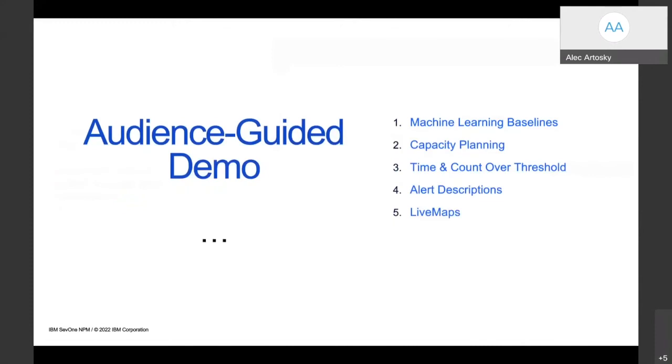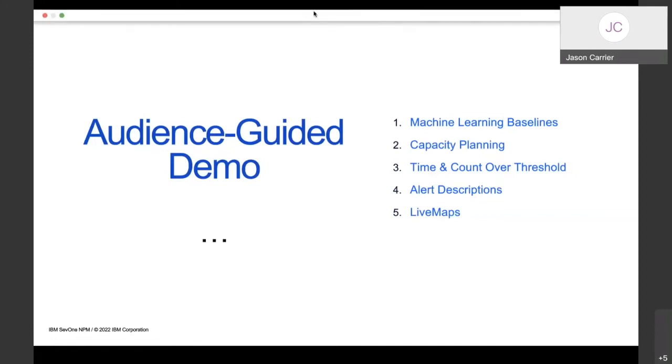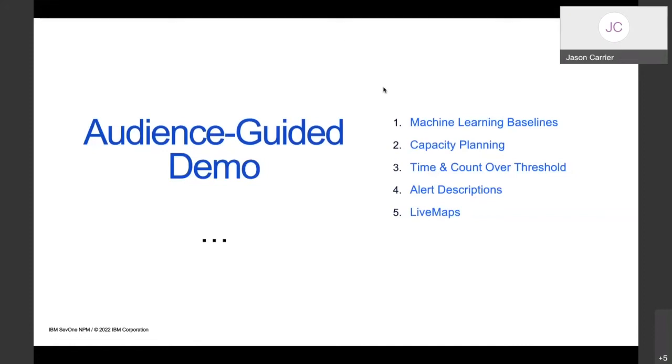Great. So now that Alex has given us an overview of a lot of these capabilities that are already baked into SevOne, we would love to show one of them to you. We don't have a ton of time because we need to get to the rest of the content. But if there is one in particular that you're interested in, please throw that in chat and we will make sure that we cover that. Based on what we've seen so far, I think there's definitely strong interest in live maps and the topology features. So Alec, why don't you go ahead and get started there?